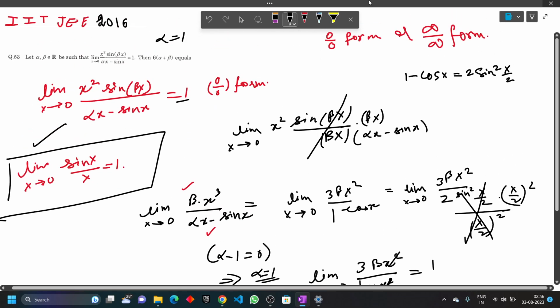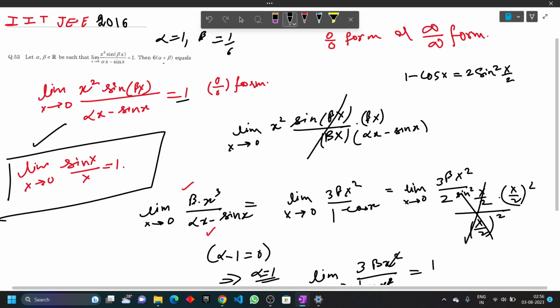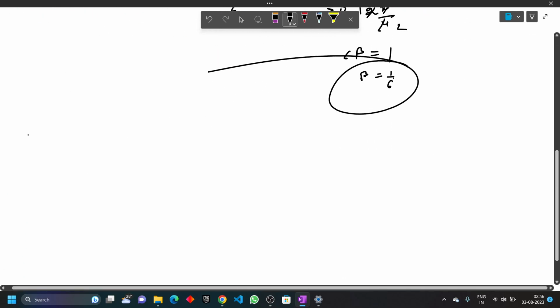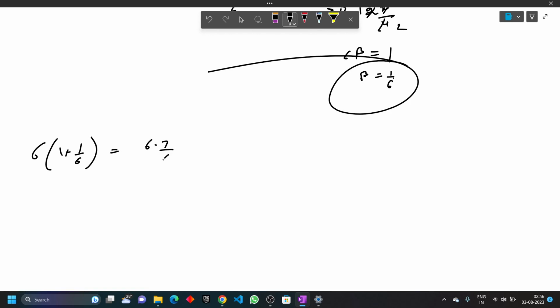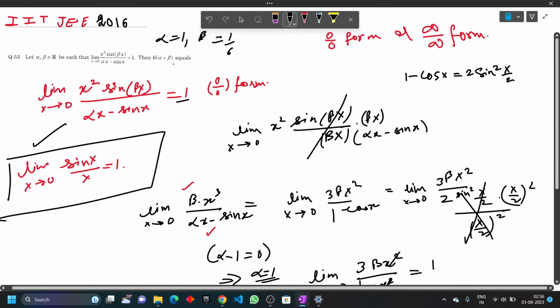So now I got that alpha is 1 and beta is 1 by 6. So we have to find 6 times alpha plus beta. So 6 times 1 plus 1 by 6. This becomes 6 into 7 by 6, which gives us 7. So the correct answer is